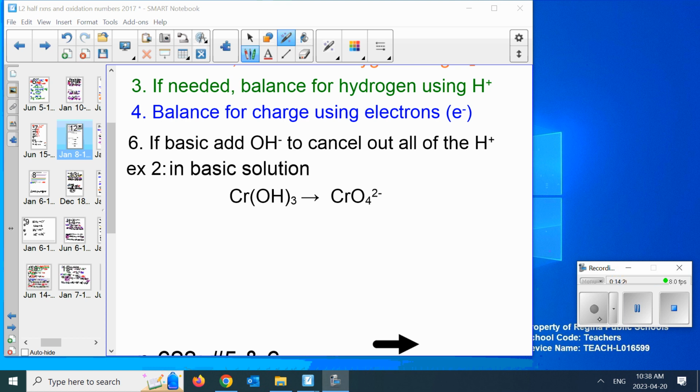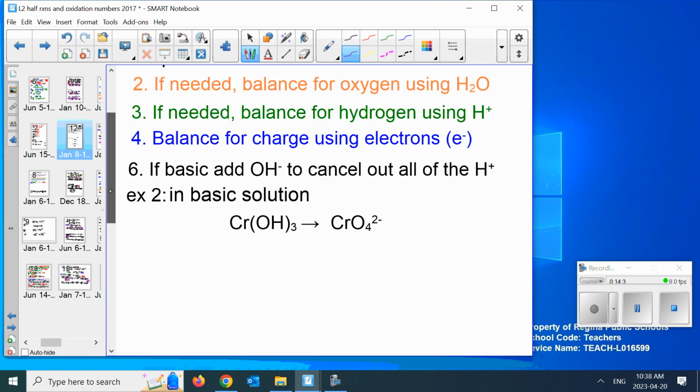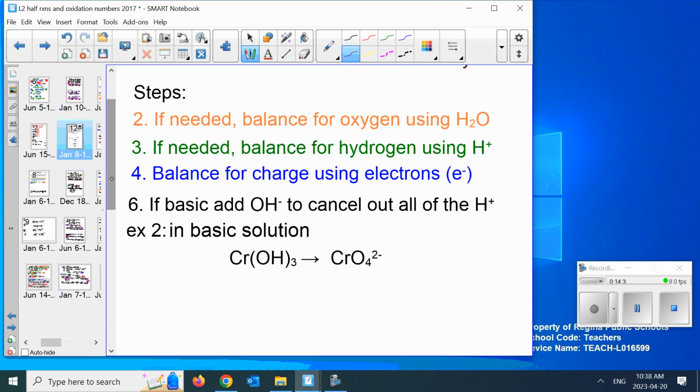Okay, anyway, now we're following these steps. 2, if needed, balance for oxygen using water. We did this the other day. We were talking acidic, but we're still following this as if it's acidic until the last step. So oxygen. I've got 3 groups of oxygen here. I've got 4 groups of oxygen here, right? So the left side needs another oxygen. Water, H2O, delivers 1 oxygen per molecule. So